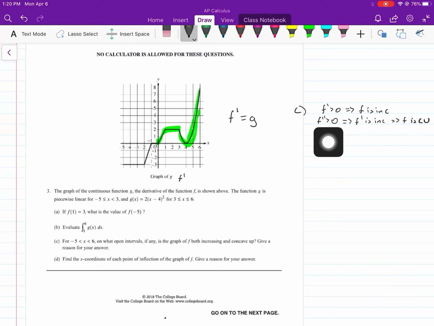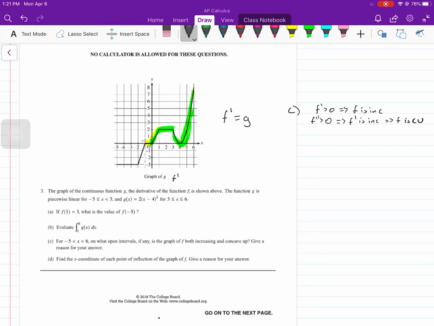When is it concave up? Well, that's when the second derivative is positive. In other words, when f prime is increasing. So we're looking for when is this graph positive, which is right here, highlighted in green, and when is it increasing? So let me highlight where it's increasing. Well, that'd be right here and right here. So from 0 to 1,